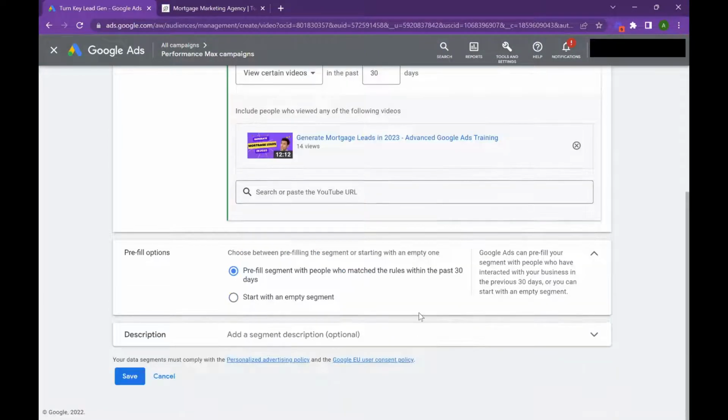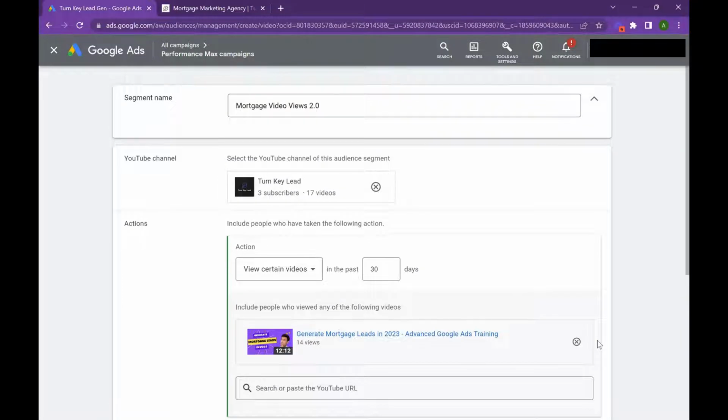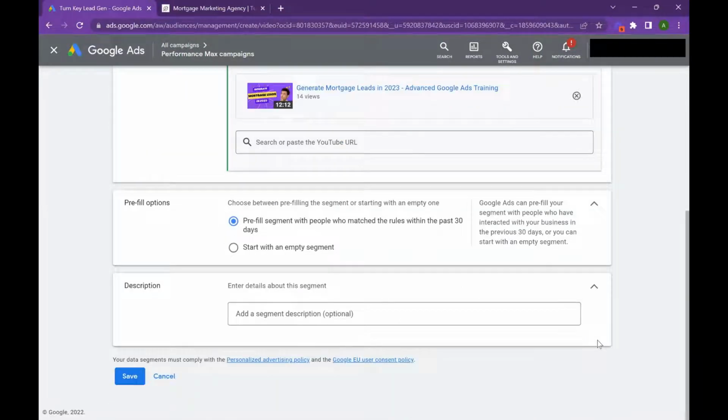And then it's going to help pre-fill anyone that watches video in the last 30 days. And then, you can add a description if you want. Mine's pretty concise, so I don't know if I need to. But a lot of times I like to add descriptions if I'm doing a customer match list and I want to show the time that I submitted them and how large that list is. Okay, so we're gonna hit cancel,